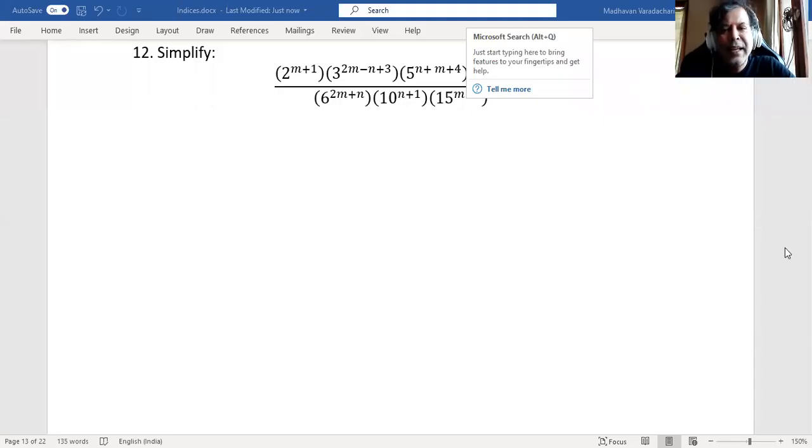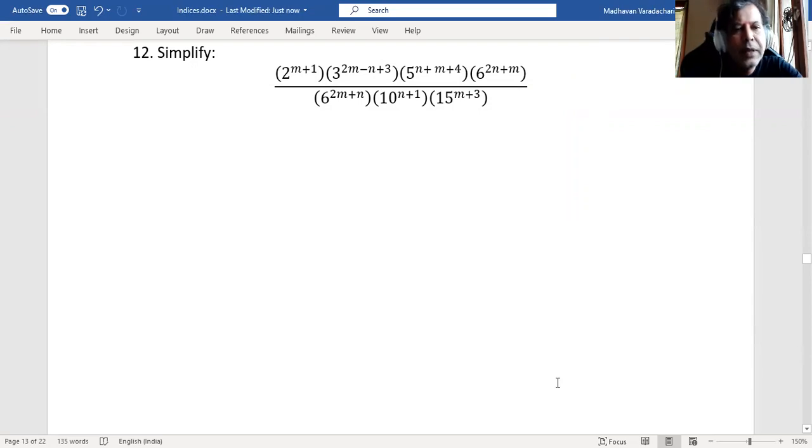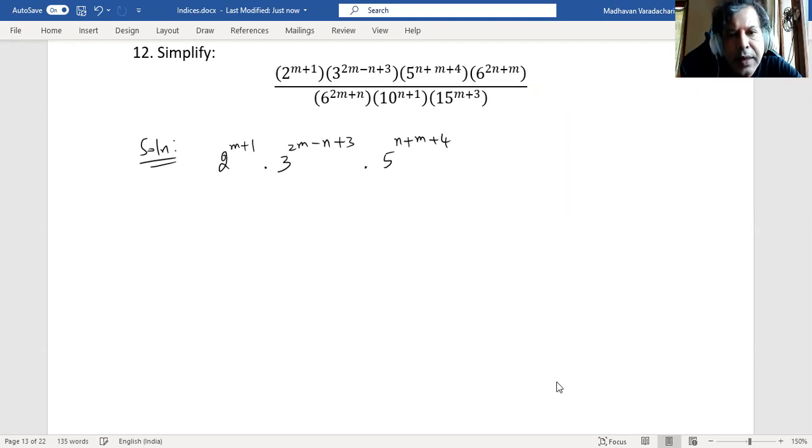Hello everyone. The next question in indices is question number 12, which is to simplify this expression. So let us do that. First, I will write as it is 2 power m plus 1 multiplied by 3 power 2m minus n plus 3. This one 5 power n plus m plus 4, and the 6 I will write it as